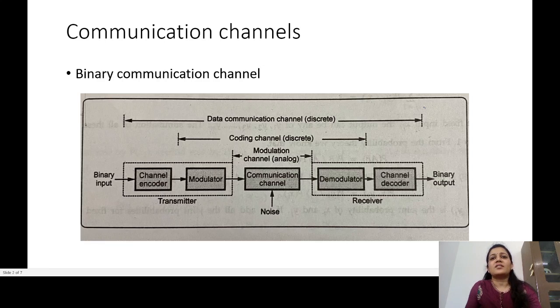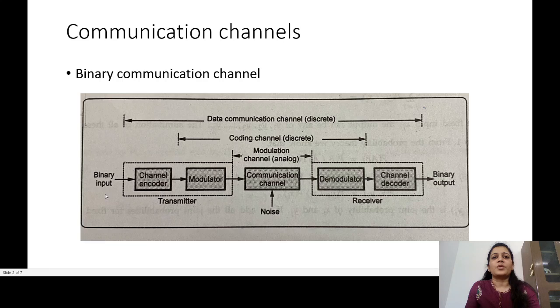Depending upon the obtained result, if it has suffered any errors, then the channel decoder can perform two tasks. One is it can ask the transmitter to resend the data because it has suffered an error, and that is called error detection. And if your channel decoder or the receiver part itself is capable of correcting those errors and retrieving the proper information, then that is error correction. So your channel decoder at the receiving part can only detect the errors and ask the transmitter to resend, or it can even correct the errors.